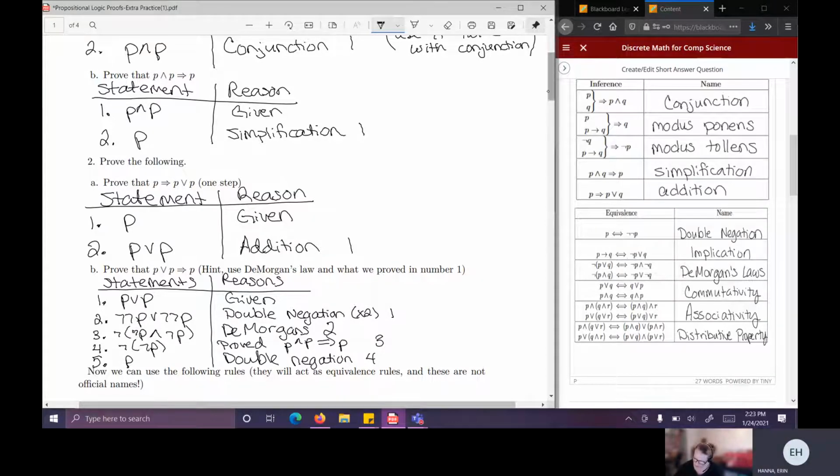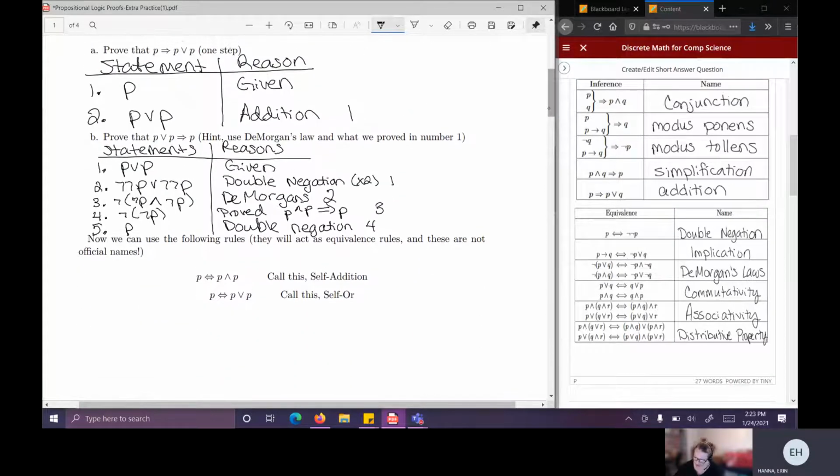So essentially, again, the point of doing all of that is to be able to go both ways. So we've proven these two things in both directions. So that means that they're not just inference rules as they were stated, but they're actually equivalence rules because we can go in both directions. So we're going to want to be using these rules throughout the rest of the